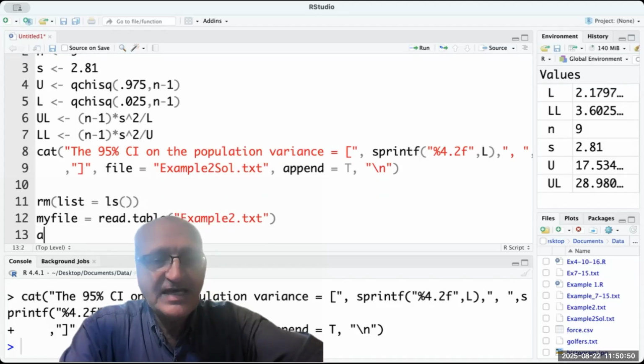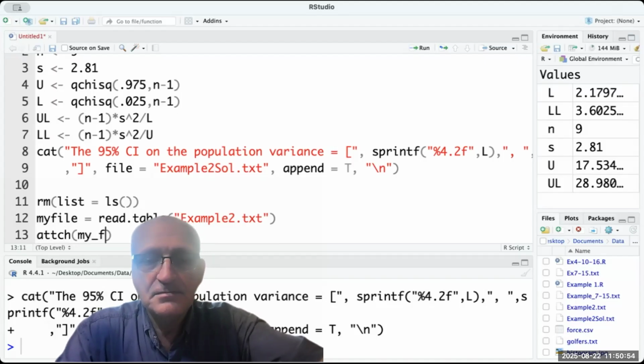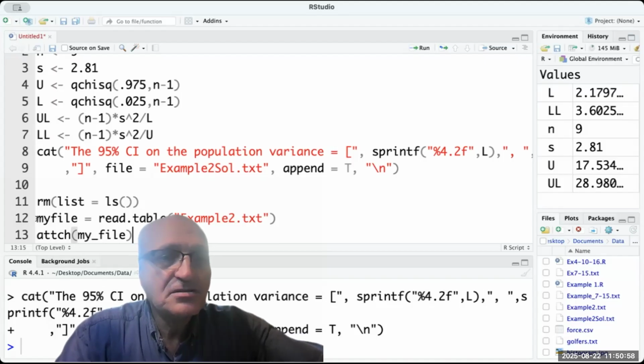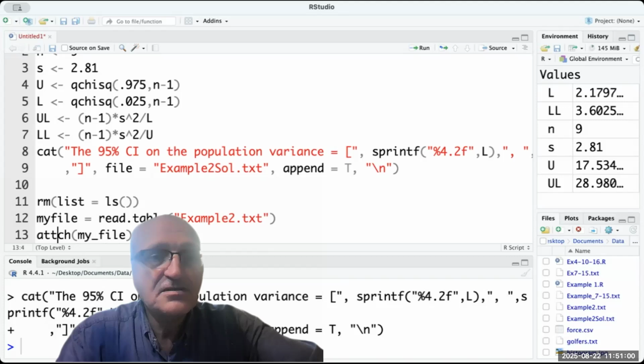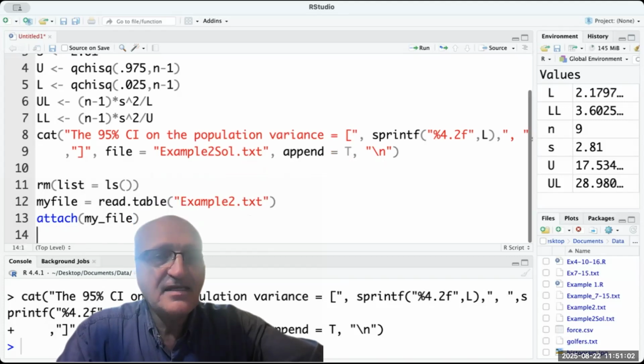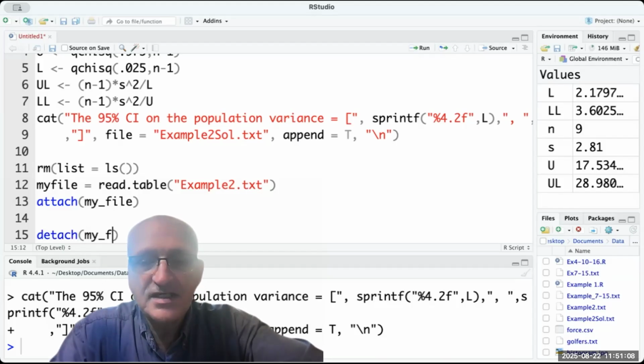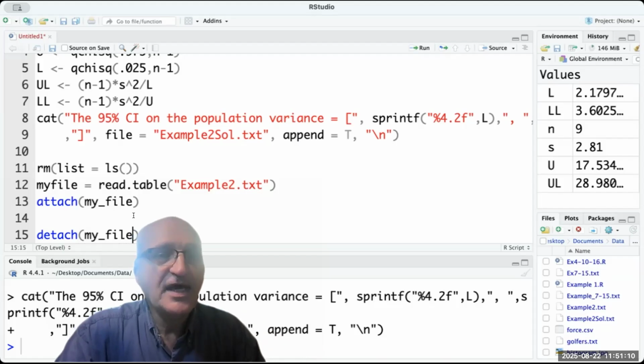It's better to say attach my file, so you can access the data. Attach, no, there is a missing A. And then make it a habit to detach it after that. So at the end, so I don't forget, I'm going to say detach my file. Okay, and in the middle,